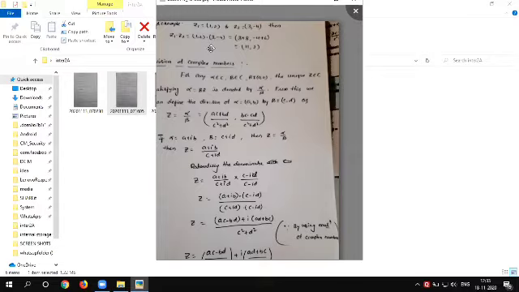Now ac minus, we put minus here, bd. b means 2, d means -4. 2 into -4 is -8. Already we have minus, so minus into minus is plus 8. So 3 plus 8. Next, ad plus bc: a into d, 1 into -4, is -4, plus bc, that is 2 into 3, is 6. Now 3 plus 8 is 11, and -4 plus 6 is 2. (11, 2) is the answer. That is Z1 into Z2.